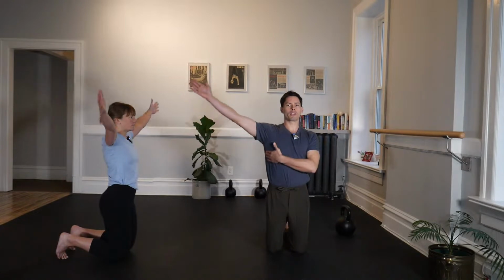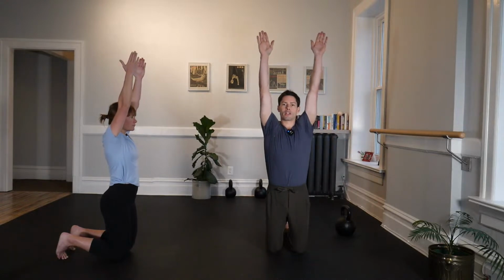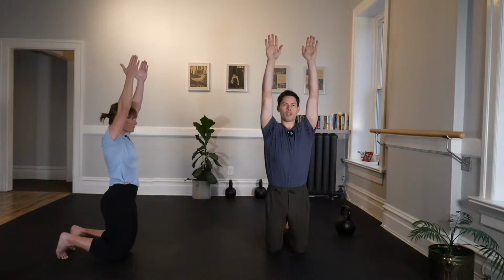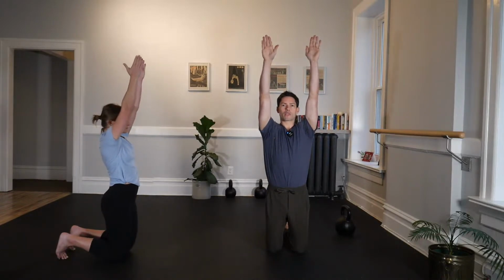Then keeping those armpits low, bring the arms towards either a Y or even an I shape overhead. And same effort here to elevate the shoulders in a shrug, pull down, round forward and protract, scoop,